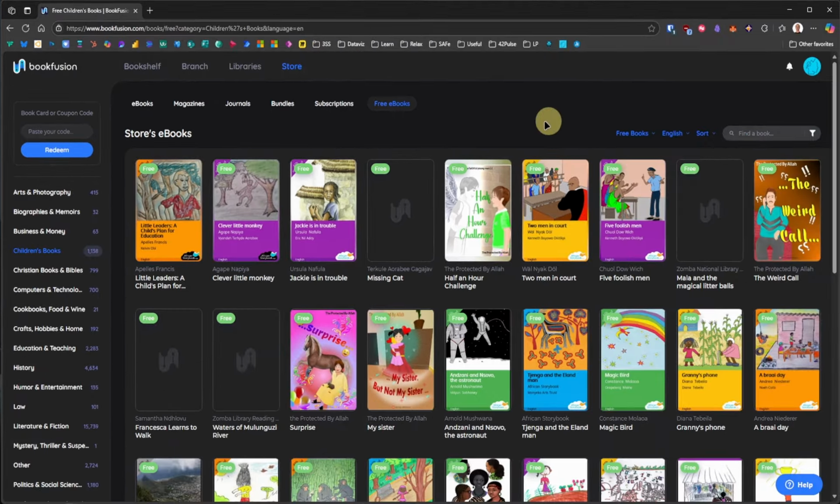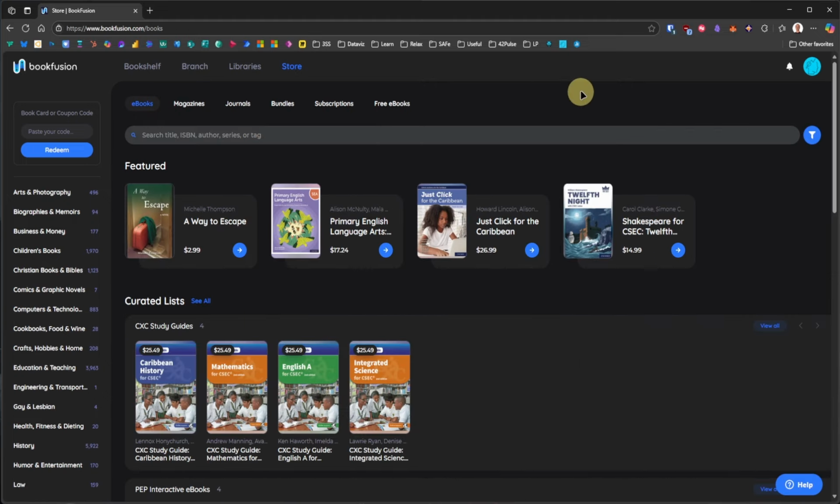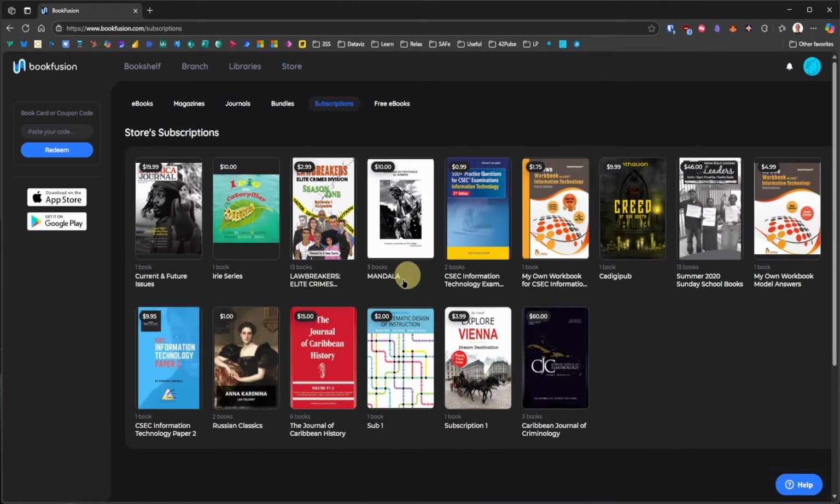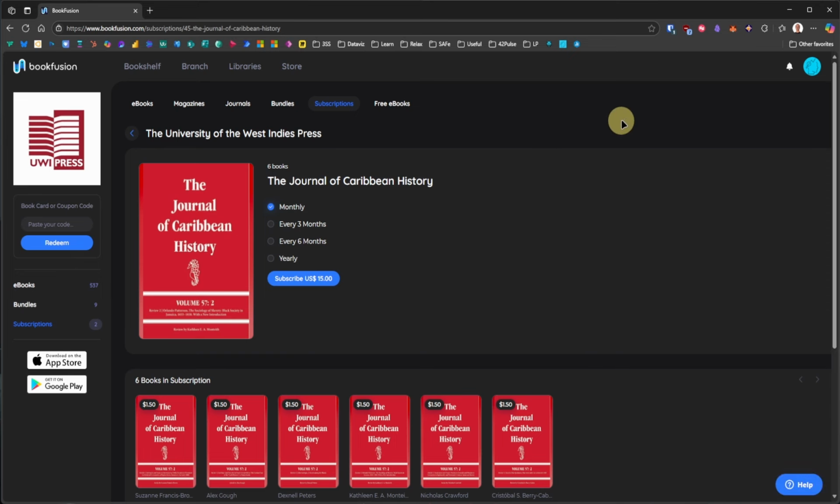For paid titles, we can either buy individual books or subscribe to collections. Some publishers and organizations offer bundled subscriptions that give access to rotating selections, similar to a digital reading room. If we decide to purchase a title, it is added directly to our personal library and ready to read immediately